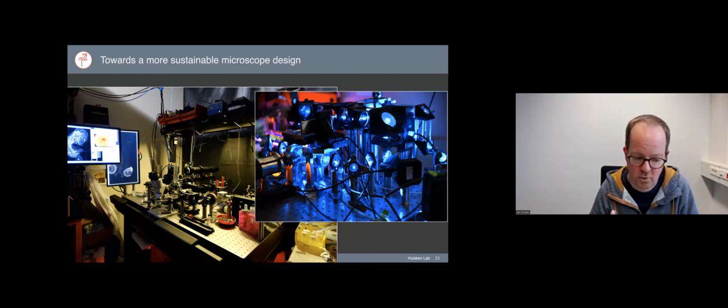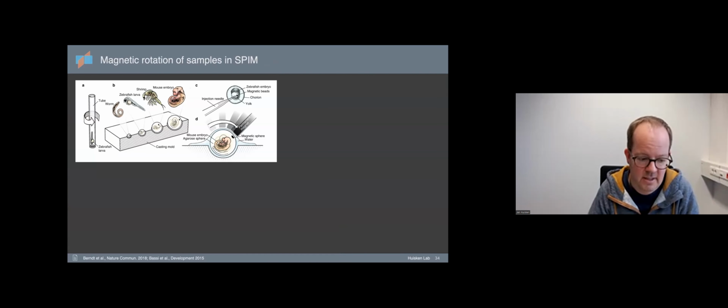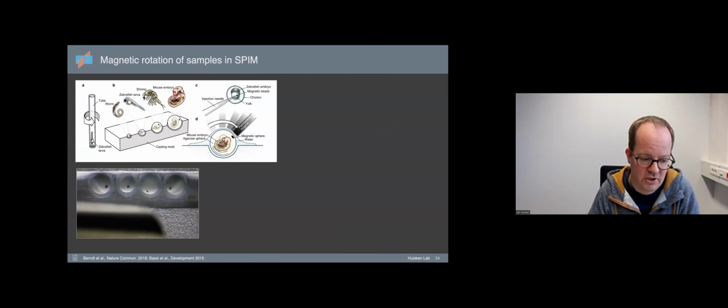Each setup would be run by a custom software, and there would really be no benefit from one system carried over to the next system if somebody had implemented some new software feature. So each system was its own system, and it would be incredibly difficult to actually disassemble these systems and move them anywhere, right? So, for example, we came up with this idea to magnetically manipulate specimens, where we injected magnetic